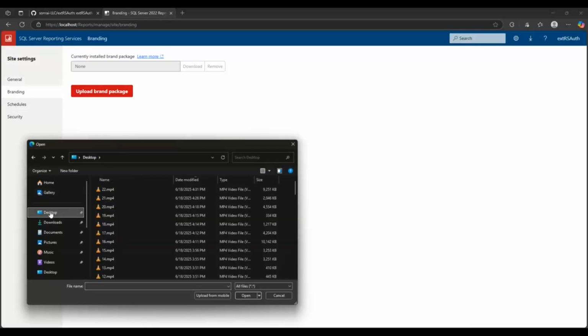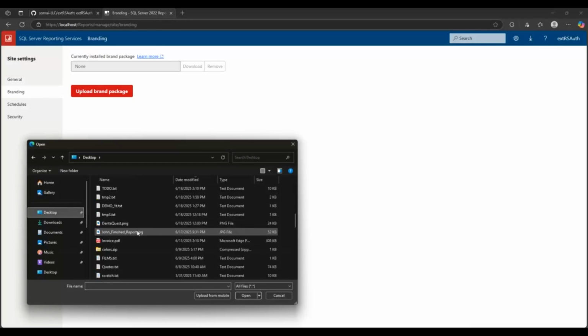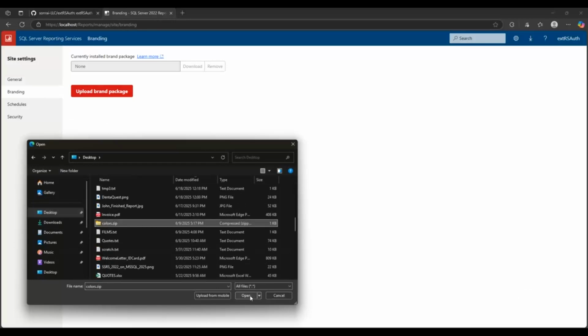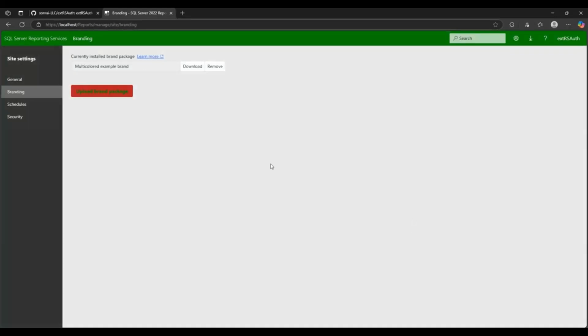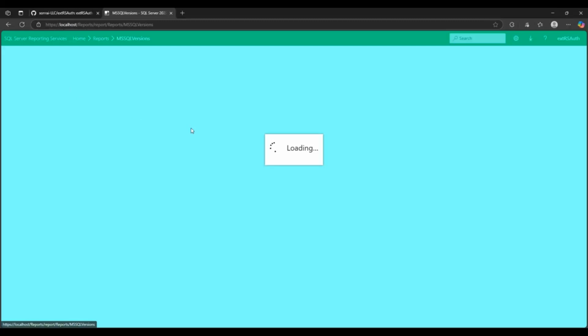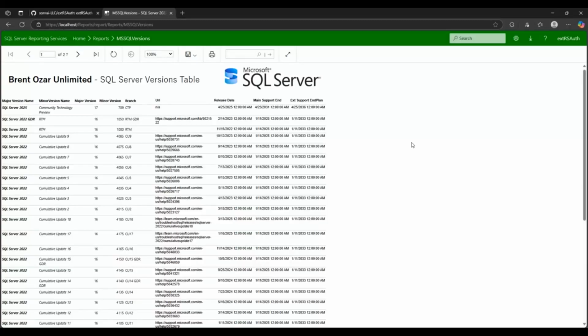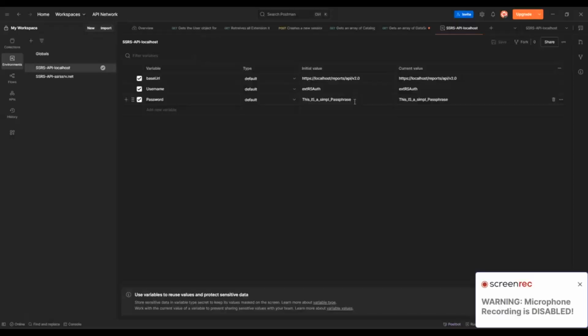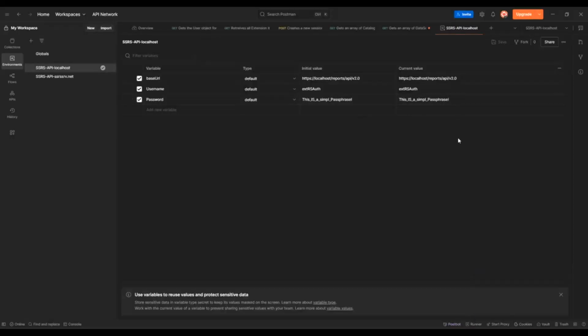If you want, you can also upload a brand package, which is just a zipped couple of files, the main file being a style sheet file, which determines the colors and fonts of various areas of SSRS. Here we didn't customize too many things, but for instance changed the banner to green and changed a couple other